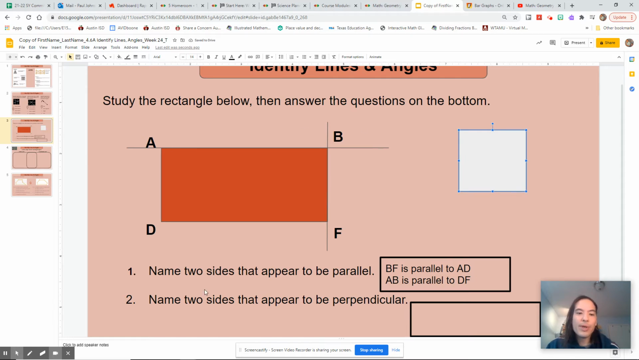So you also have two answers for number 2. Name two sides that appear to be perpendicular. On this one, I talked about AB and BF. AB and BF are perpendicular. All right. You could have also said AD and DF. AD and DF would have been the same idea, but if we just moved our line segments or our lines this way,